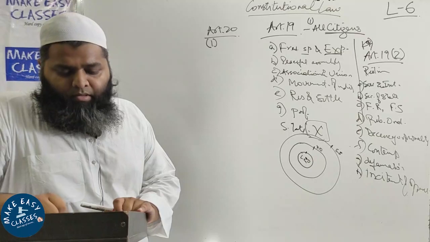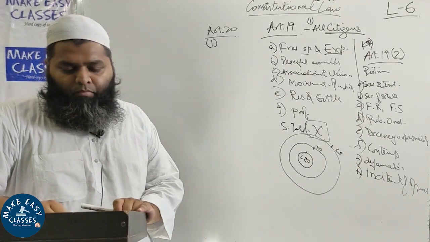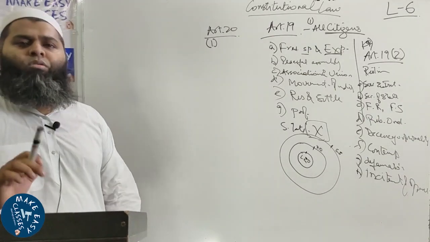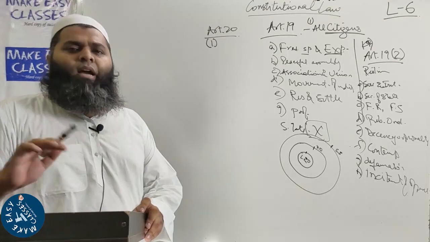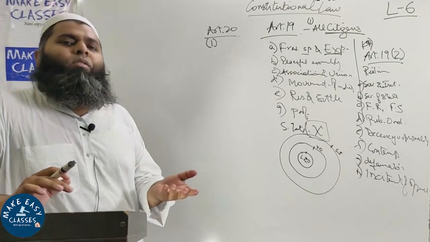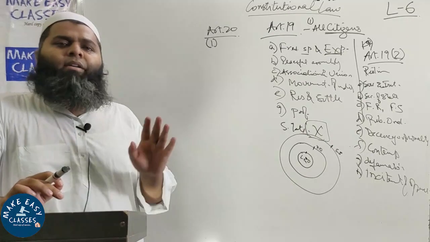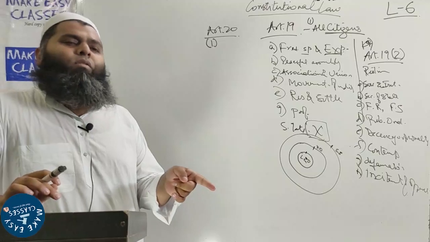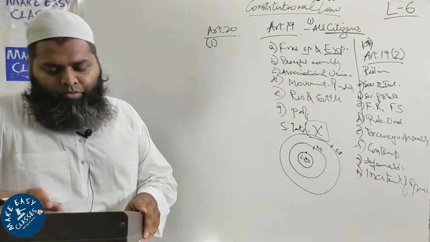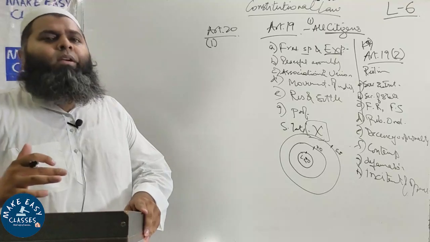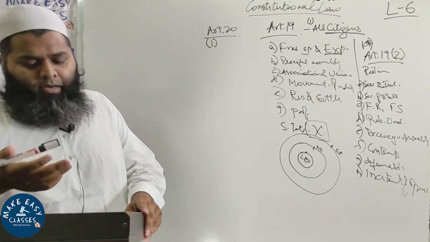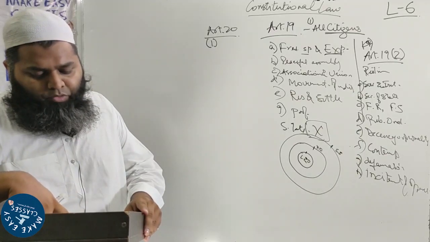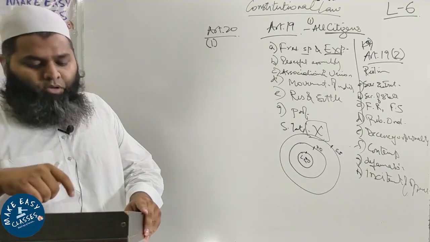That deals basically with no one should be convicted. किसी को हम कन्विक्ट नहीं कर सकते सिवाय उस एक्ट के जो उसने किया है और वो किसी कानून में ऑफेंस है एट द टाइम ऑफ द कमीशन ऑफ द एक्ट. मतलब जिस वक्त उसने वो एक्ट कमिट किया है उस वक्त वो कानूनन ऑफेंस होना चाहिए. और उसको ग्रेटर पेनल्टी, ग्रेटर पनिशमेंट नहीं दी जा सकती, सिवाय उसके जो कि उस लॉ में प्रोवाइडेड है. This is the first clause.